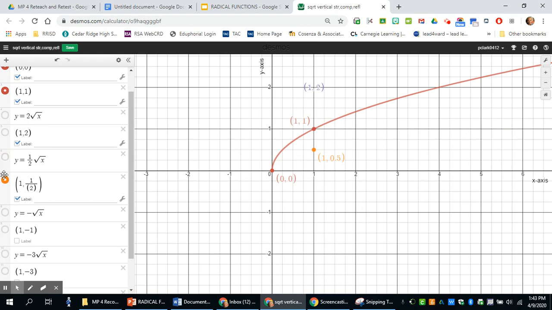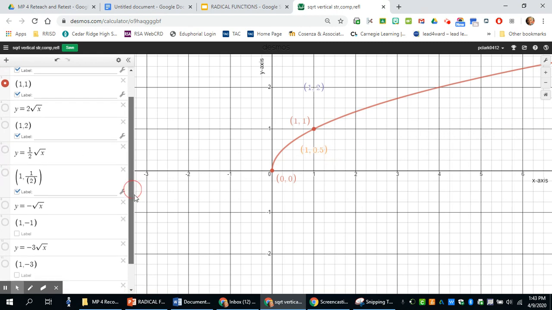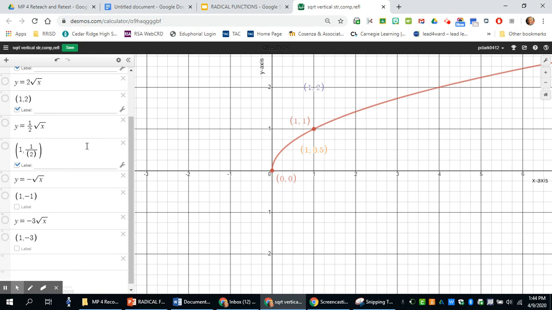Okay, so enough of vertical stretches and compressions. Vertical transformations always affect the y value. So what happens if we do a vertical reflection? So I have done one here. It is also red, but you can see that the parent function graph has been reflected perfectly, vertically reflected. And because vertical transformations always affect the y value, we can see that our new y value for our